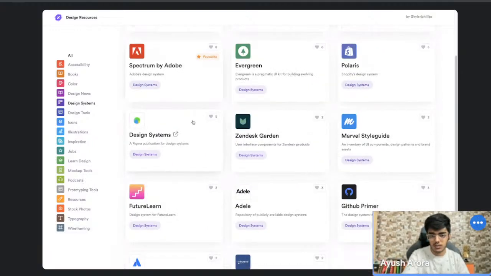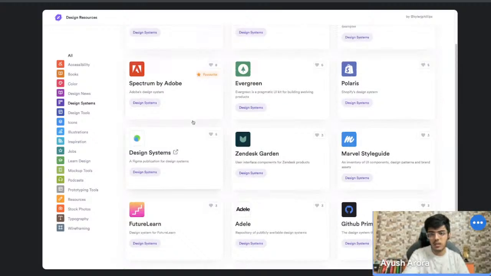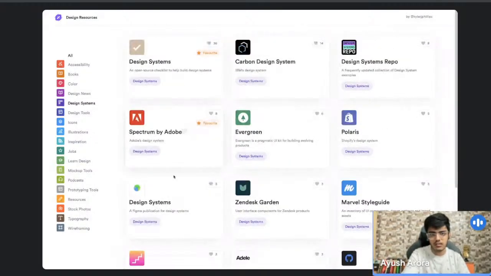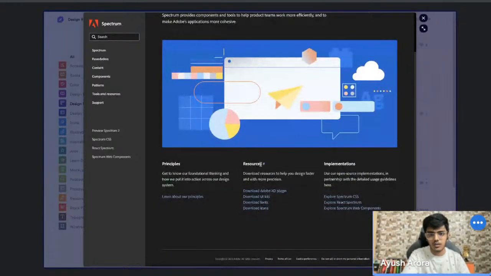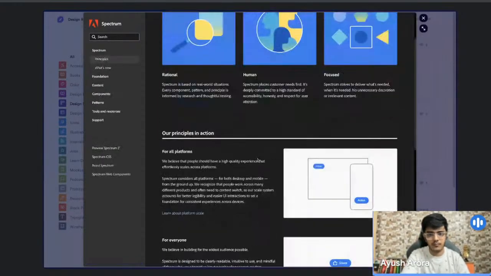So just to learn about it and to take inspiration from these, I think this is a good way to do it. I'll just open one and let's see. So Adobe Design Principle. It has its own set of learn about our principles. If I click on that,